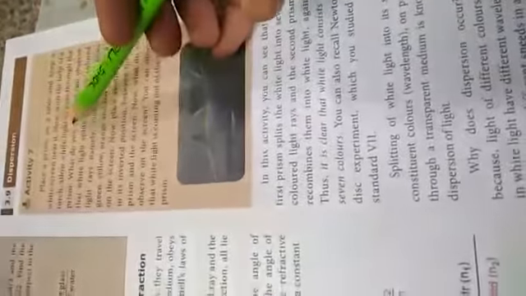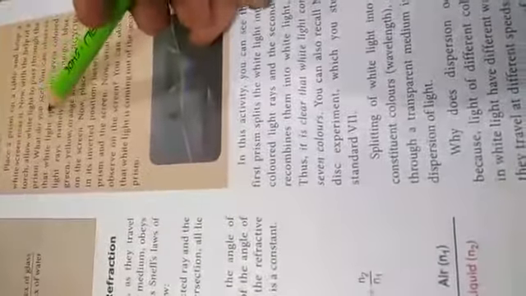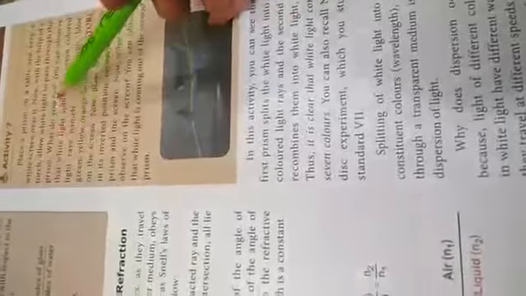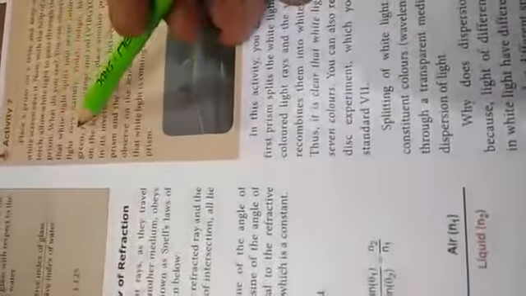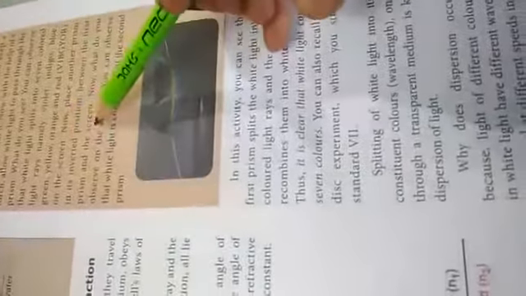Here is one small activity. Place the prism on a table and keep a white screen near it. Now with the help of a torch, allow the white light to pass through the prism. What can you observe? You can observe that white light splits into 7 colored light rays, namely VIBGYOR, on the screen. Now place another prism in an inverted position between the first prism and the screen. Now you can observe that white light is coming out of the second prism.